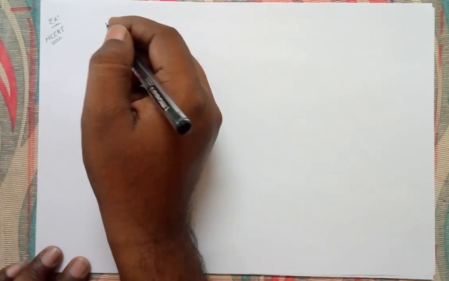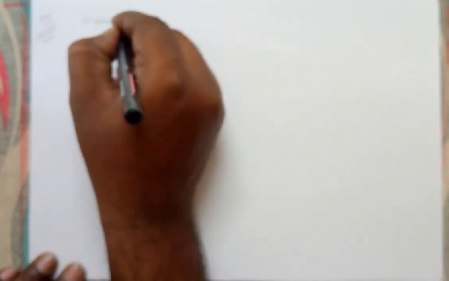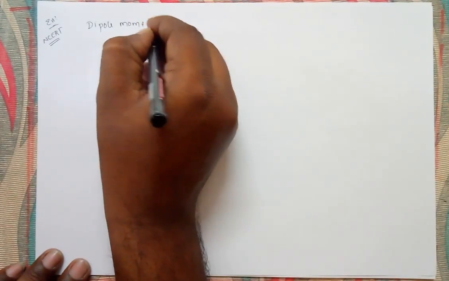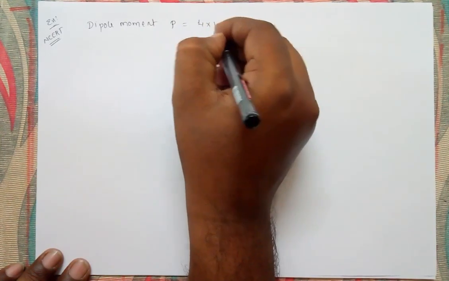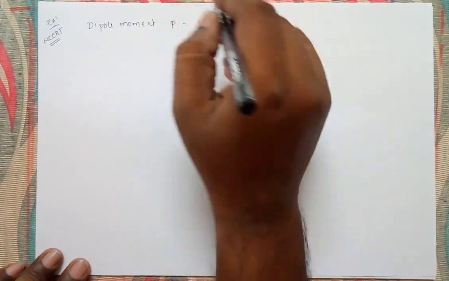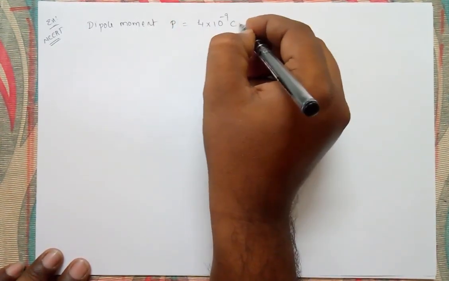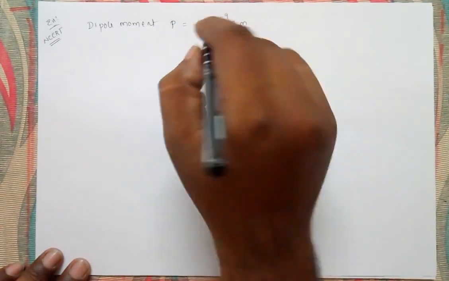You refer to the question in the NCERT textbook. So they have given that an electric dipole of dipole moment P equal to 4 into 10 raised to minus 9 coulomb meter